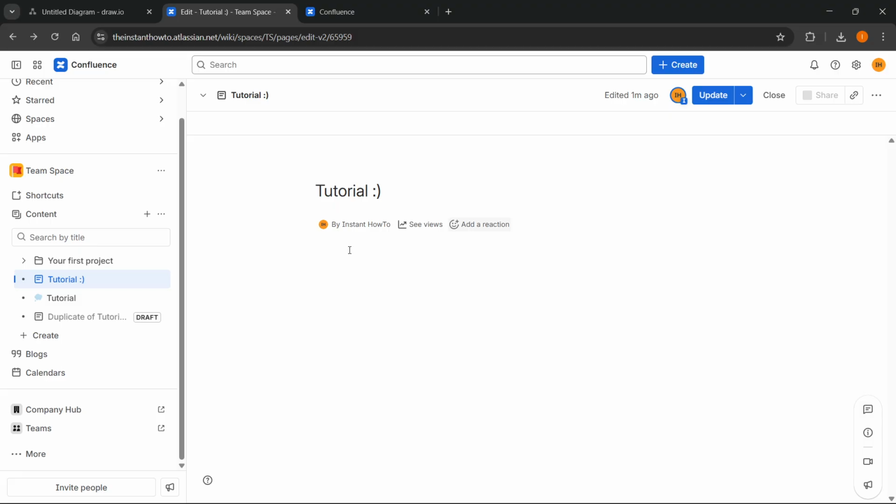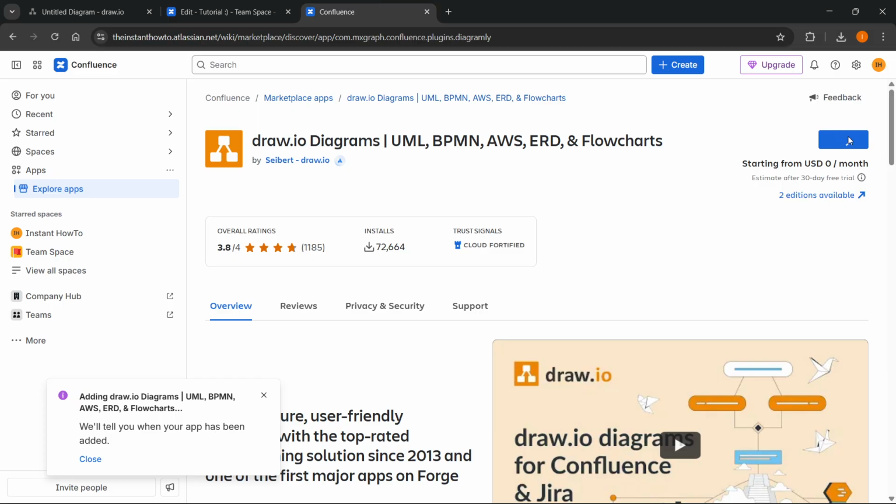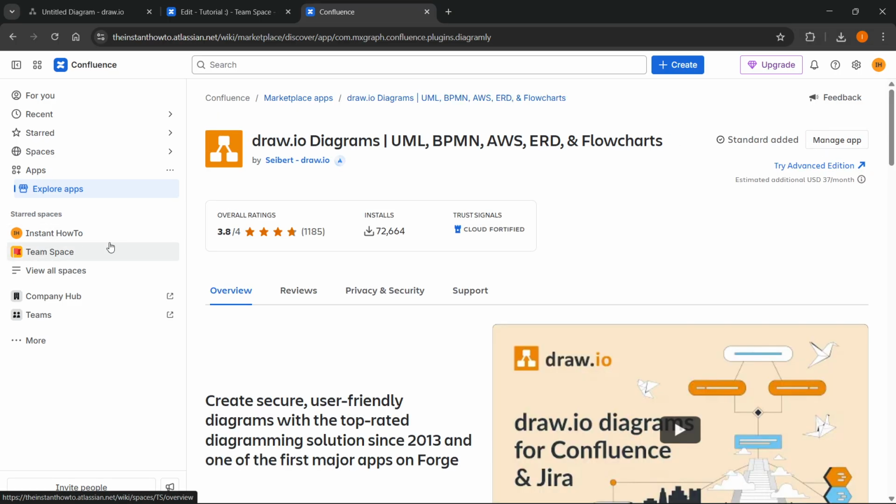And then the way you use it is you can just click anywhere over here, do a slash, and then type in draw. Now, as you can see right now for me, it's not done yet because this has not yet loaded. Usually it can take up to a few minutes. So in case you've just added this and you can't actually use it yet, what you can do is just wait a few minutes and then go back